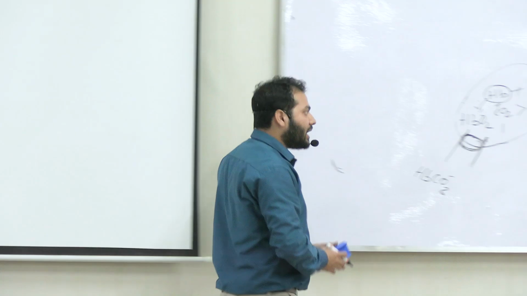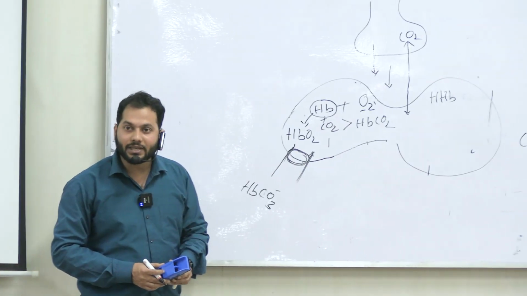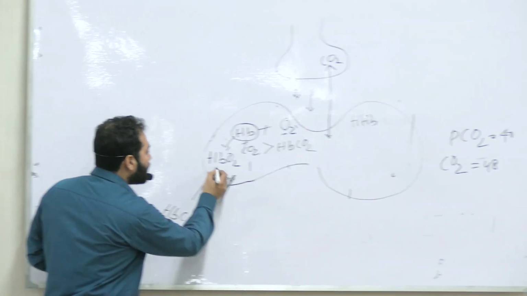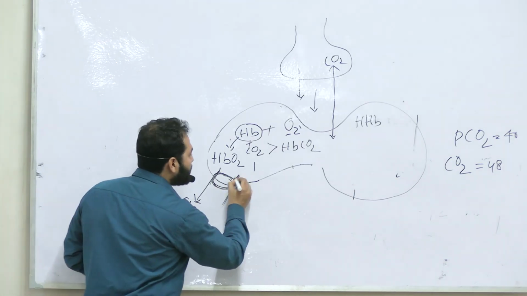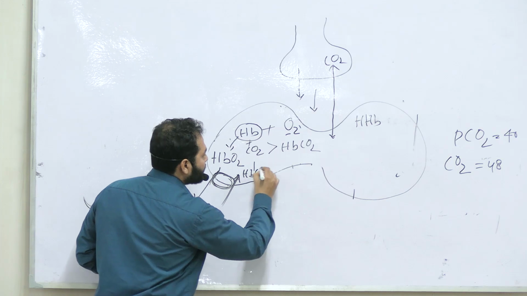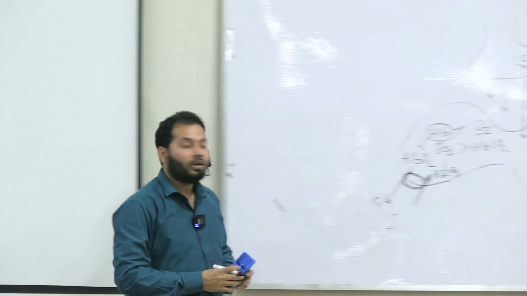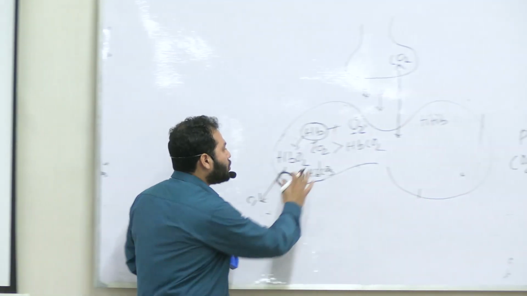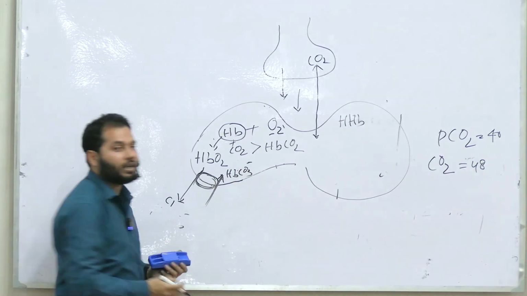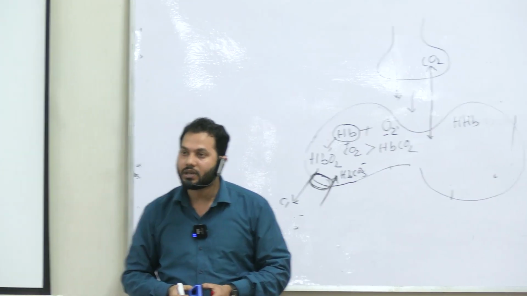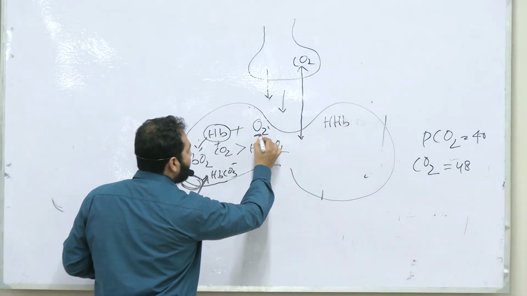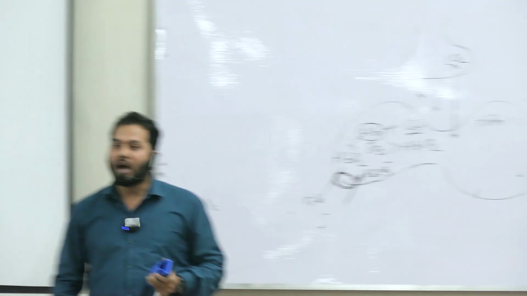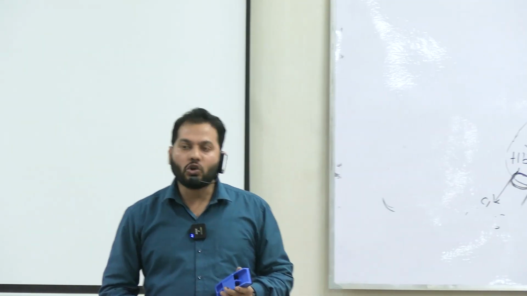But here again, as it is the reverse process, the chloride ion comes out and bicarbonate ion comes in, right? Now see, due to the influx of HbCO3 and due to the availability of oxygen, the pulmonary capillary shows